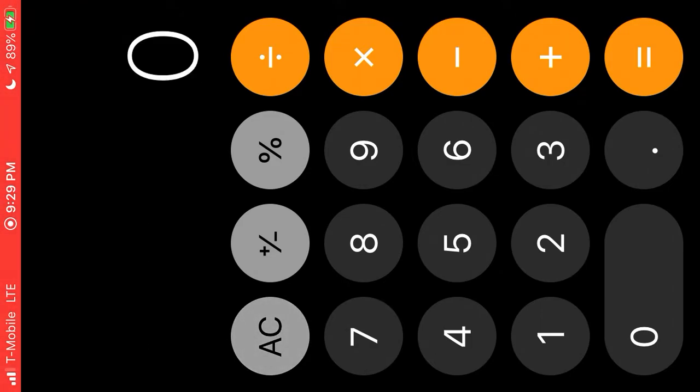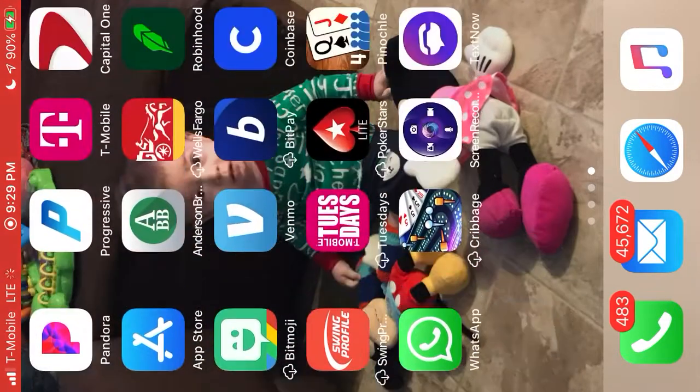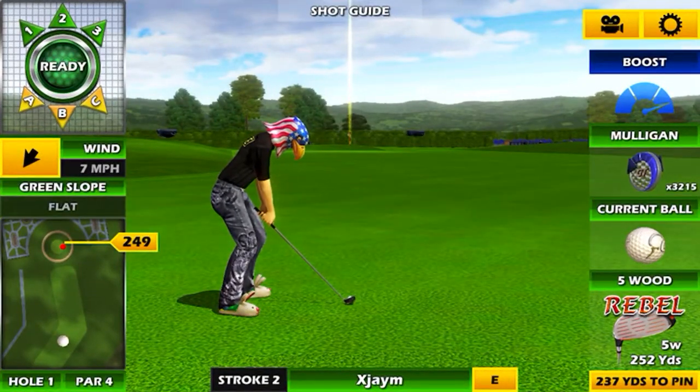So that's how you calculate your wind factor. You're going to do that with each club. Each club's going to have a different wind factor. What you'll notice is that the wind factor,